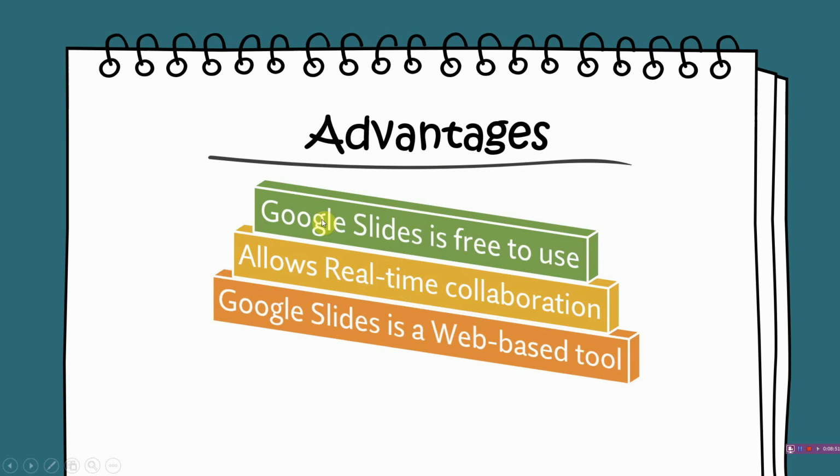Okay. Next is allows real-time collaboration. What made Google Slides an immediate hit amongst its early adopters was the capability to provide real-time collaboration on presentations with other team members. Real-time collaboration allows you and other members of your team to prepare, edit, or even work together on the same presentation at the same time. This means you no longer have to wait for your team members or your reporting manager to confirm the final edits. In one particular Google Slide, many members of your team can work at the same time. So this is what real-time collaboration means.